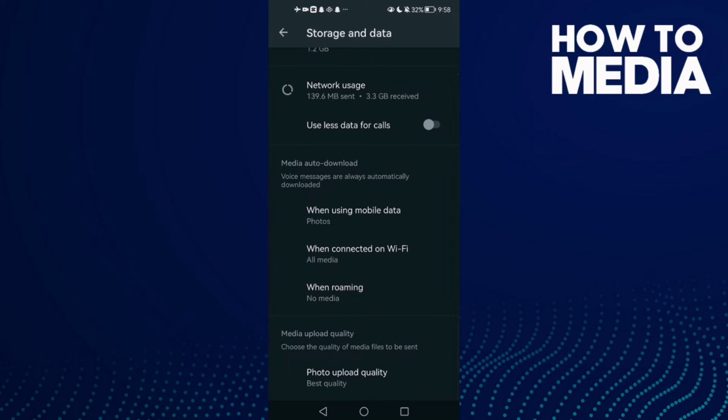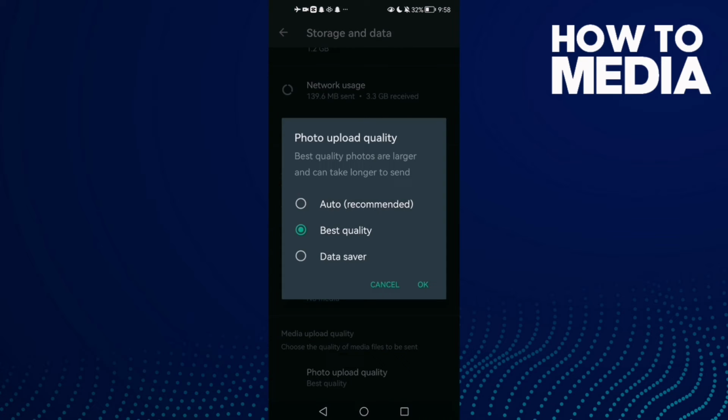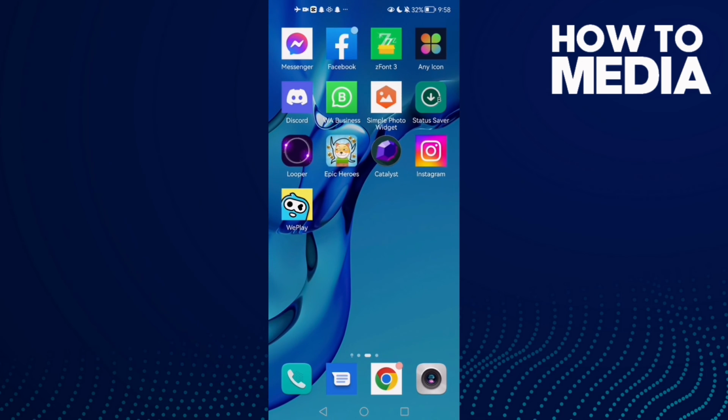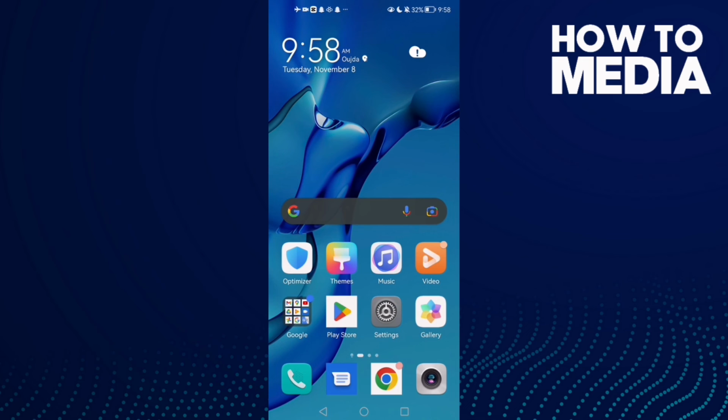and now scroll down until you find Photo Upload Quality. Click on it and then click Data. You will find it's on Auto here. Then just select Best Quality and click OK, and that's it. Now just go back and your problem must be fixed,